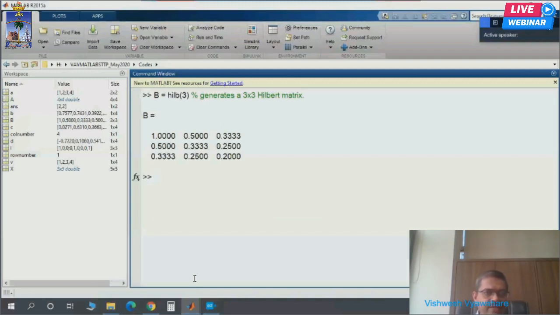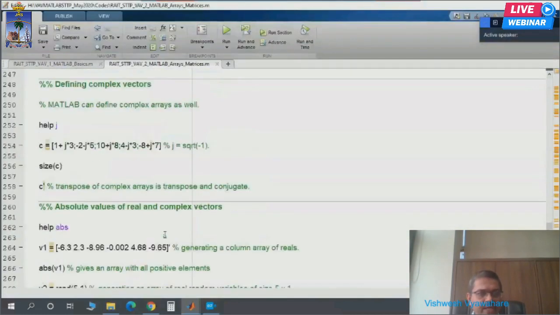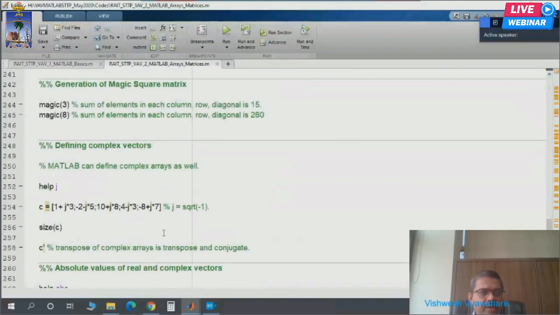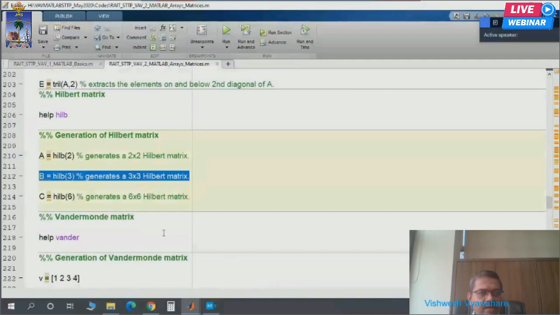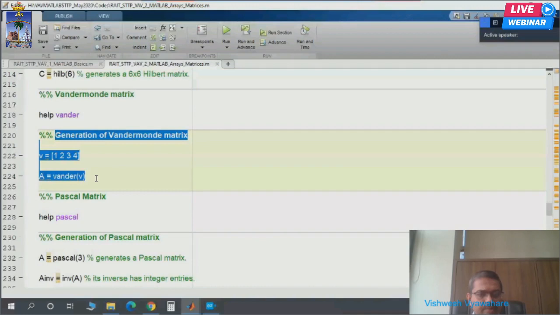This is very easy in MATLAB. Then we go to the vander and all those things, but I will not go into this. I'll just show you one simple command, vander. Vandermonde matrix. What is a Vandermonde matrix?